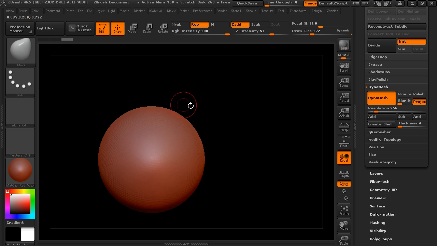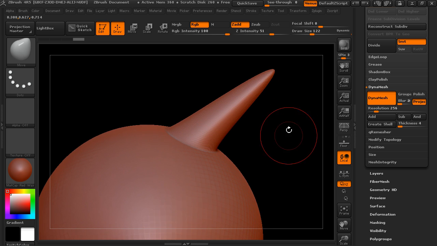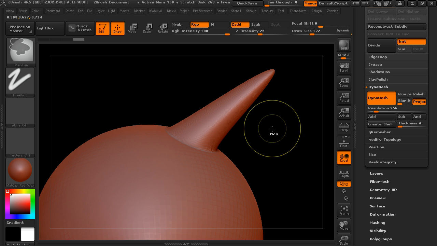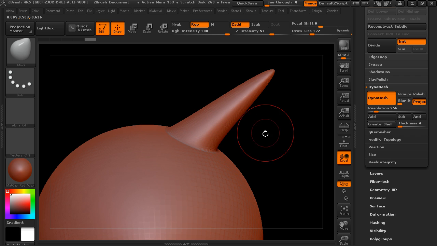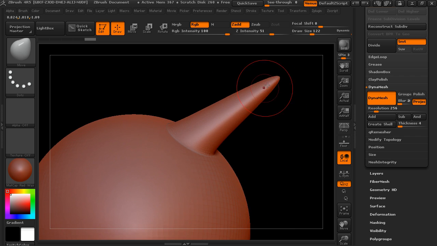Now it's going to turn this on, and it's not going to really change anything yet, but let's see what happens here. So now when I move this geometry out, okay, I can pull that out, and now what I can do is Control drag in the canvas, and that'll actually recalculate optimal geometry for the new changes that I've made. And so now it's actually added geometry in here and redistributed it around the model